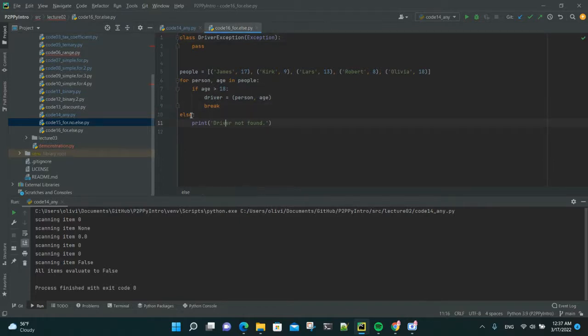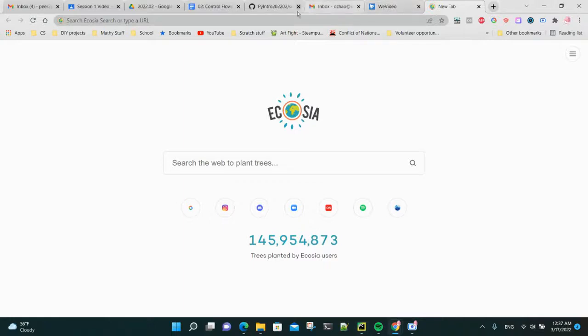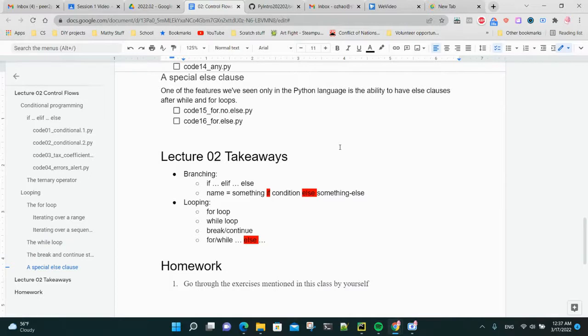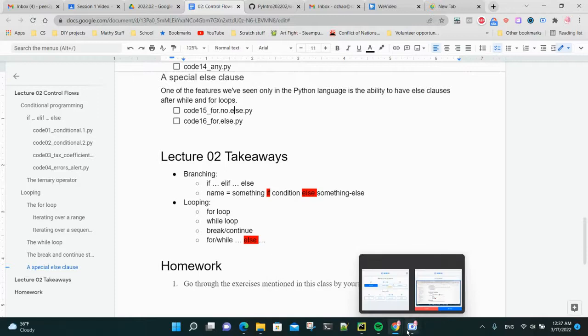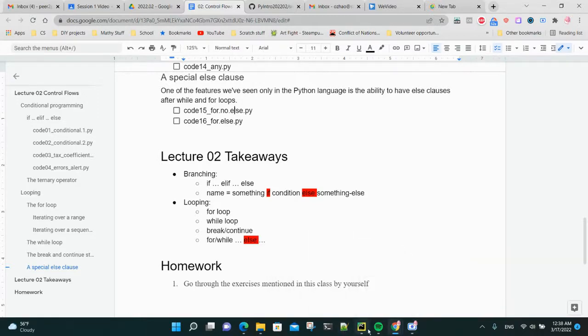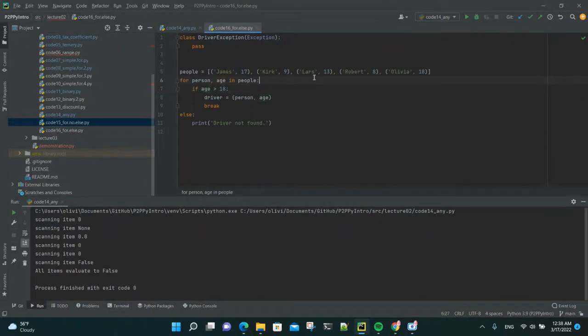This is kind of important though, because it shows that you can use the else statement for loops as well, which is pretty unique to Python, at least. So the special else clause is one of the features we've seen only in the Python language, is the ability to have else clauses after while and for loops. So if you look at the while and for loops,